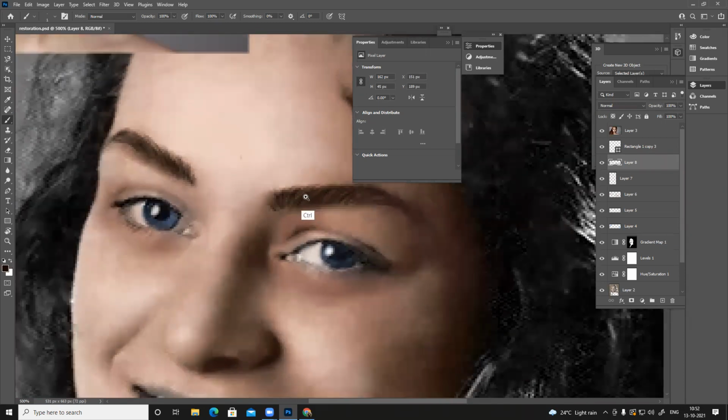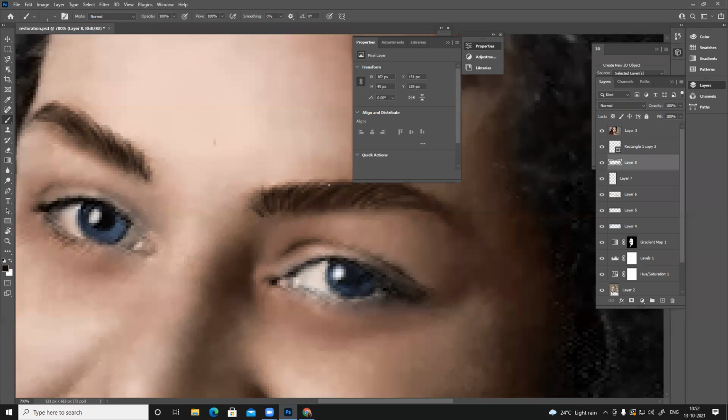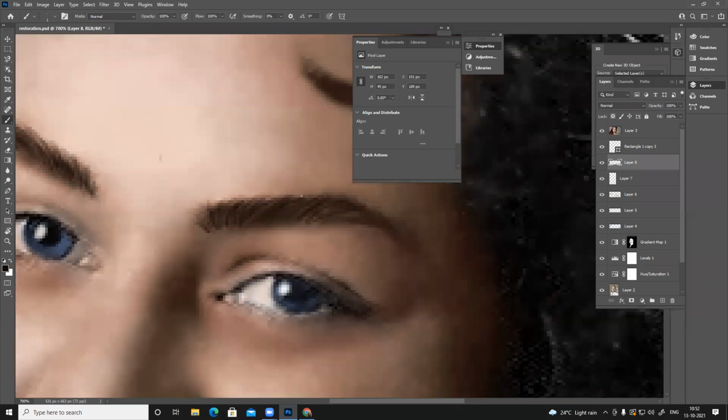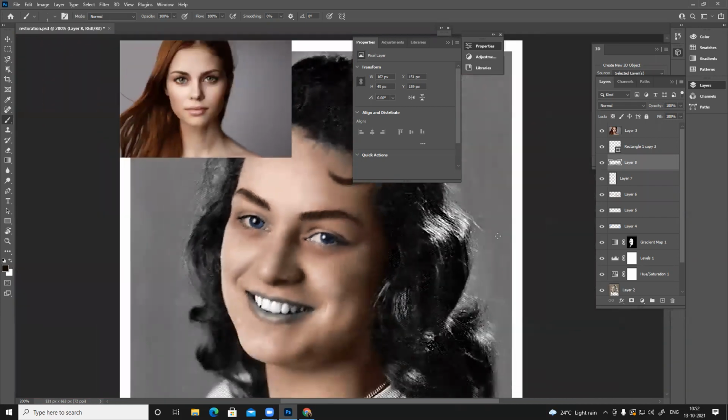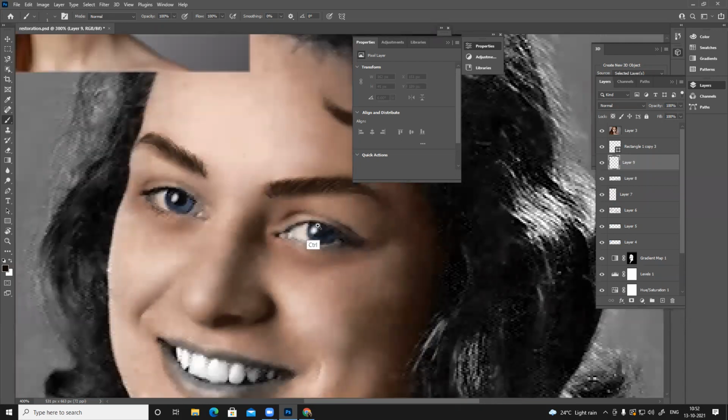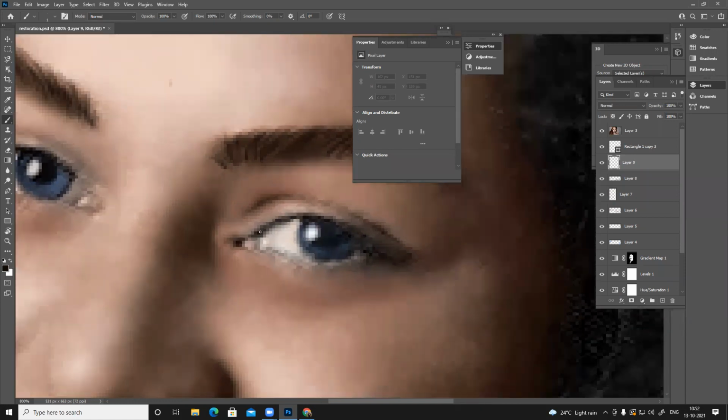Here I can say this is off and bend it slightly. Same thing for this, the eyelash and all. It's supposed to be solid black.